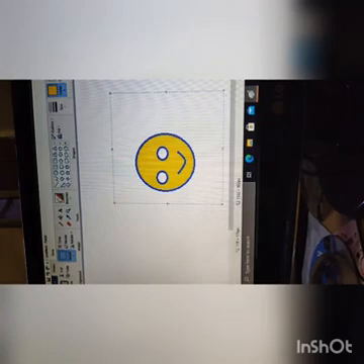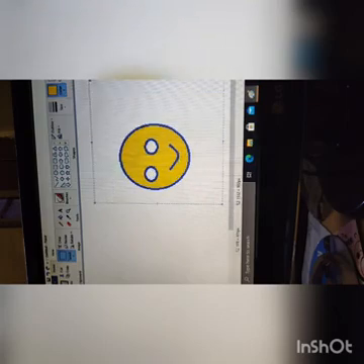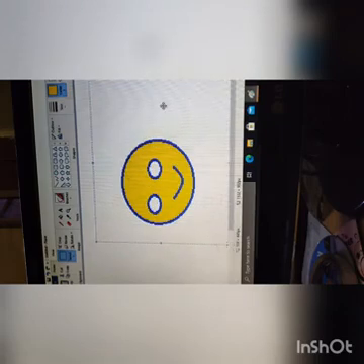Then the image will be bigger in size. This can also be done by dragging the image from the corner. See, the size of the image is increasing. This is known as resizing an image. Now, next option, skewing an image. By using skew command, the image gets stretched from one end while the other end remains fixed. To skew an image, you will have to select that image with the help of the rectangular selection tool. From here I am selecting.